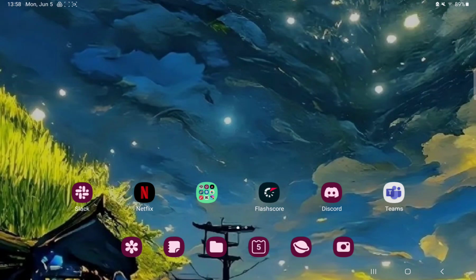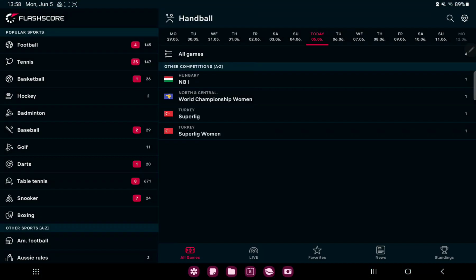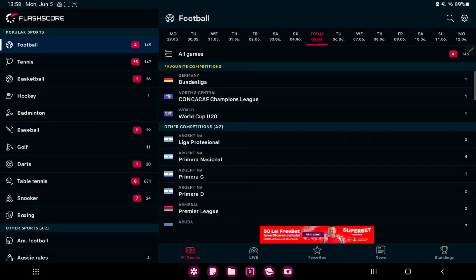So let's jump into it. First of all, open the application on your device. Tap to the live section next to the all games button at the bottom of the page,